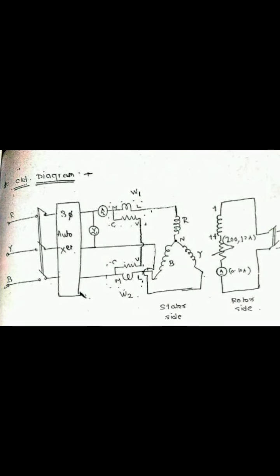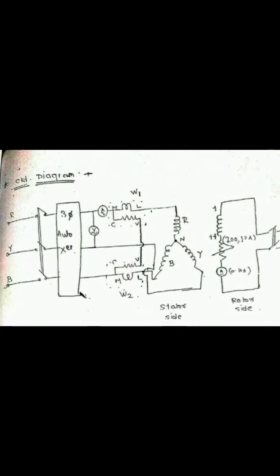So this is the first plot, and for getting the second plot we require the value of field current, which we get from the field side, but we also require the value of the power factor. We have the fundamental formula, that is P equals root 3 VL IL cos phi. We know the value of P because we have the two wattmeter method, so we can measure the input power from the wattmeter readings, and after substituting this value, we get the value of the power factor. From that diagram, we get the two curves, that is the V and inverted V curves.